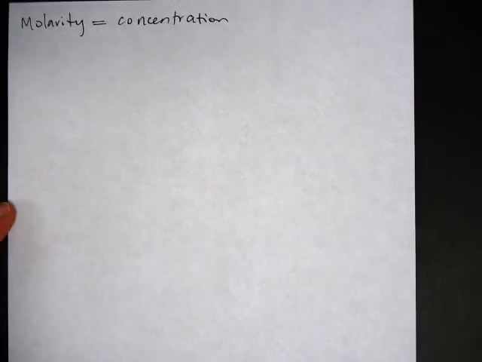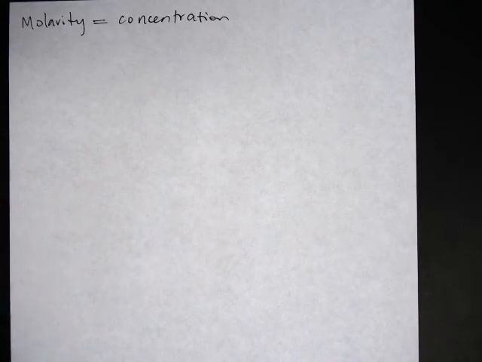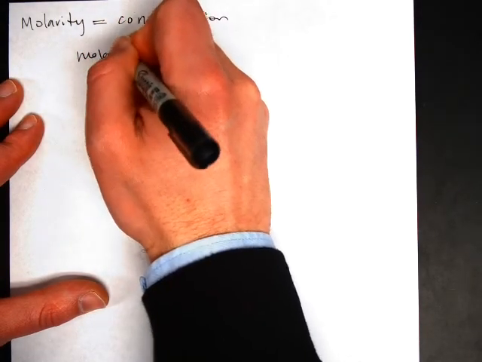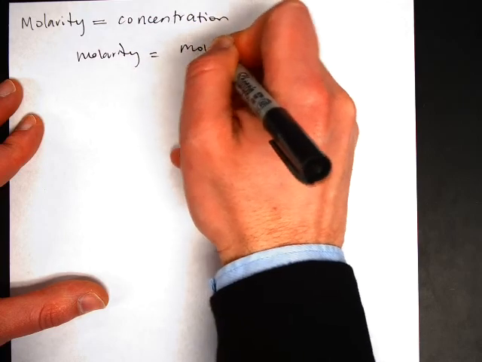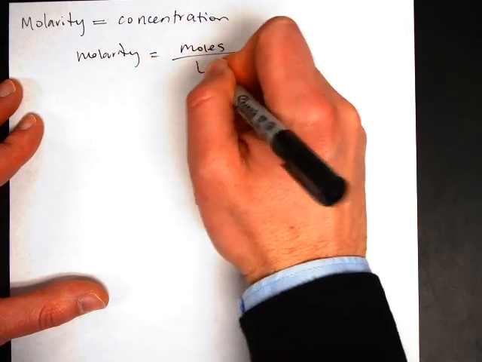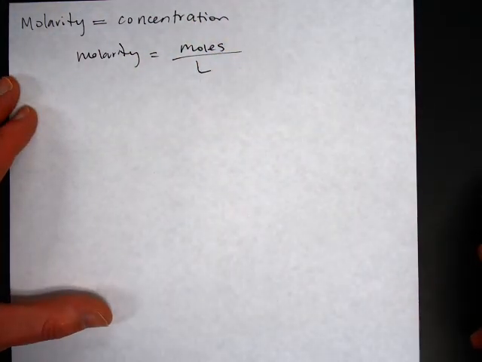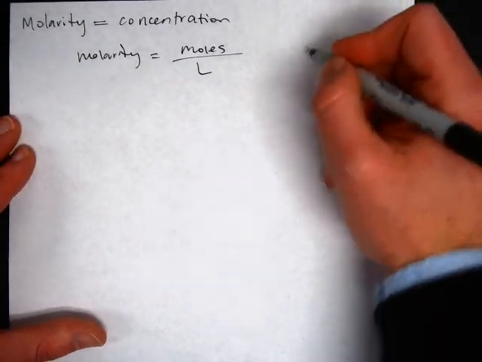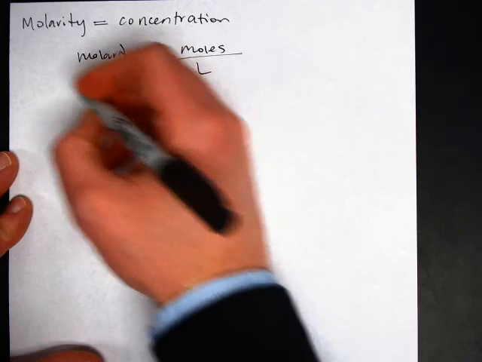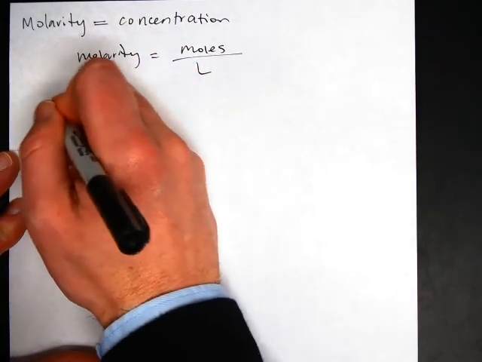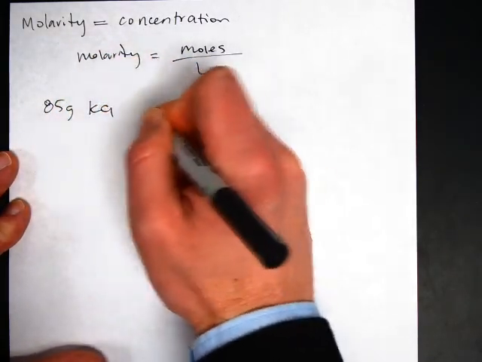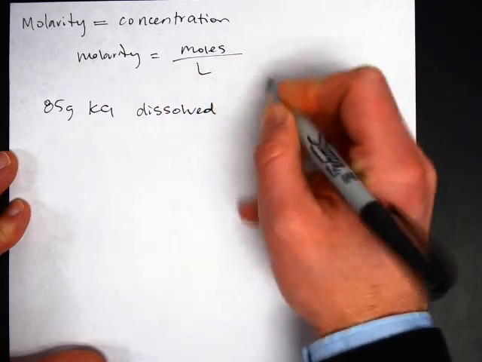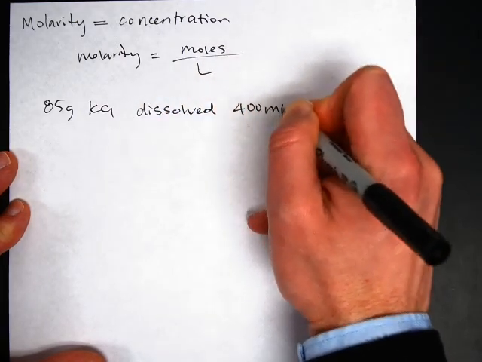Okay, we are on to molarity, which is how I measure concentration in this class. Molarity is defined as moles of stuff dissolved per liter of solution, moles per liter. And the problem's usually pretty straightforward, really. If I told you that I had 85 grams of KCl dissolved in enough stuff to make 400 milliliters of solution,